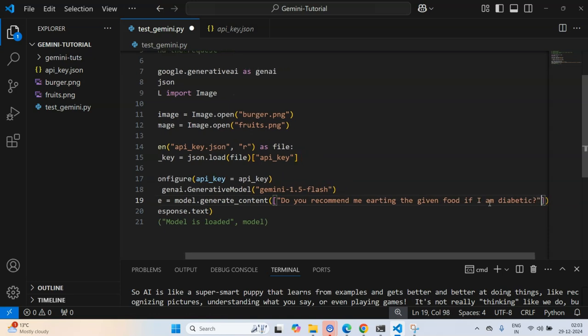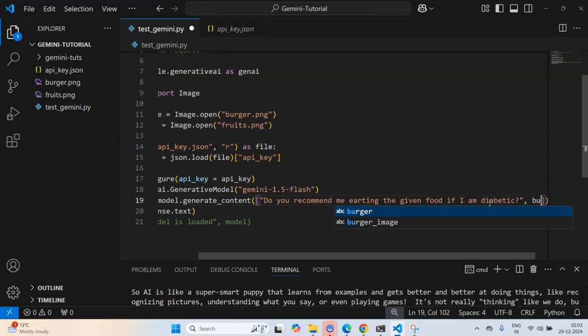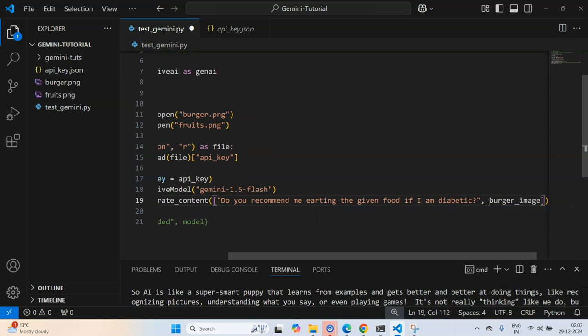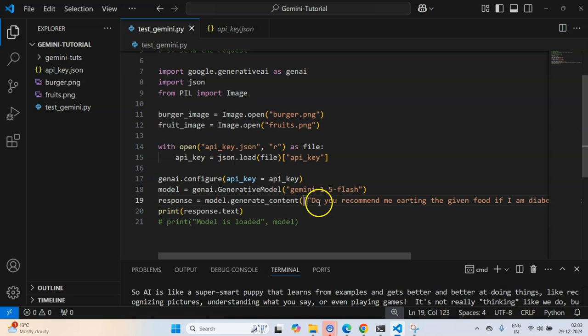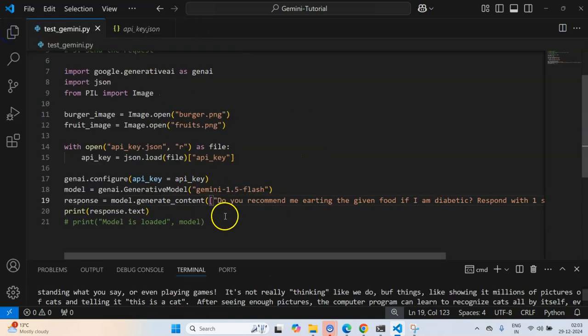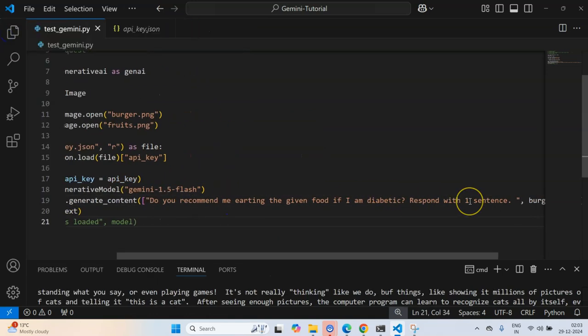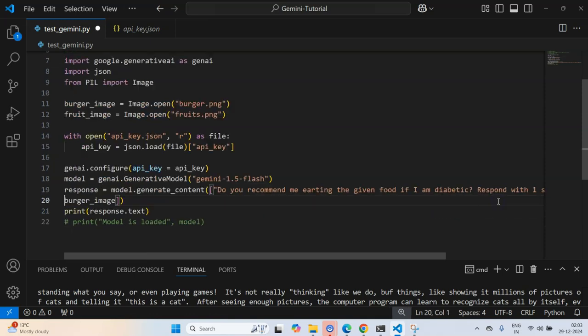Let me load this first with the burger image. Within the prompt I also instruct the model to respond with one sentence, because I don't want it to respond in a very long format, so I have told it to respond in a short sentence.